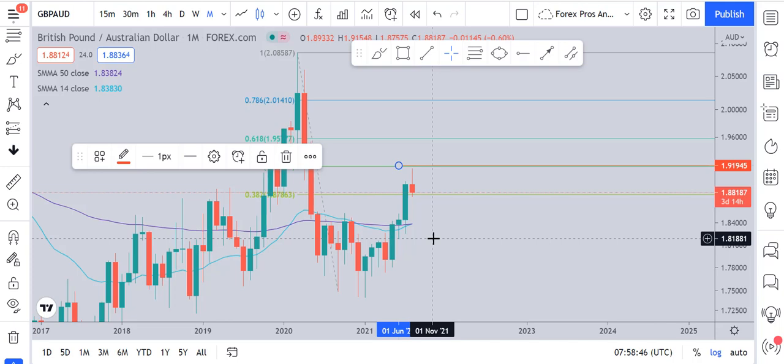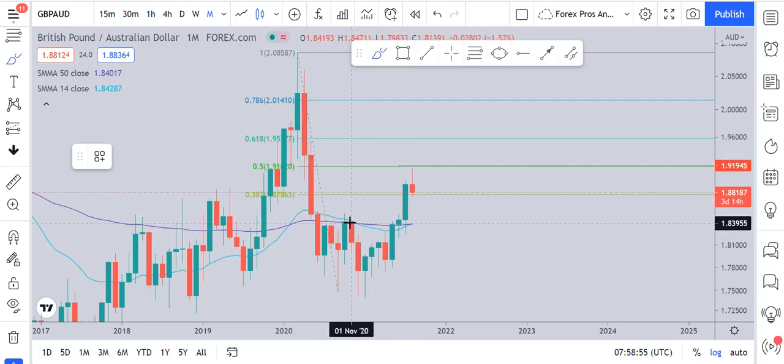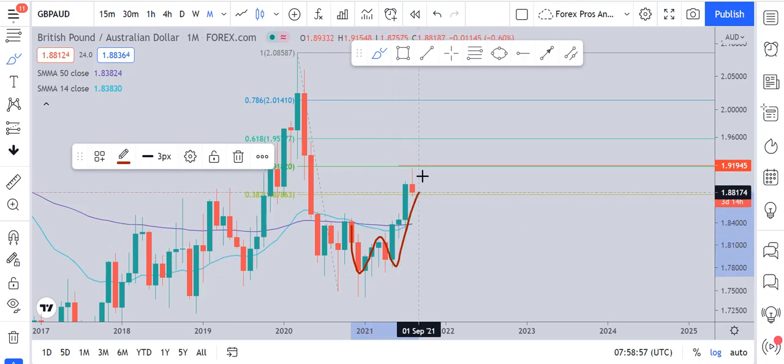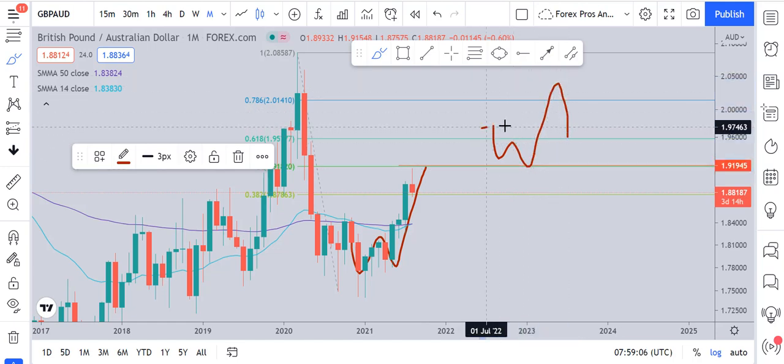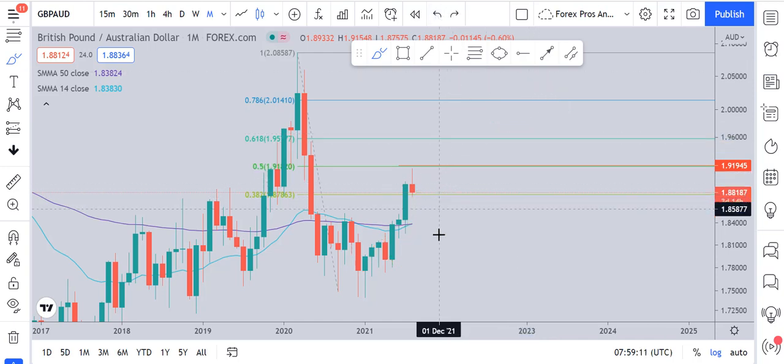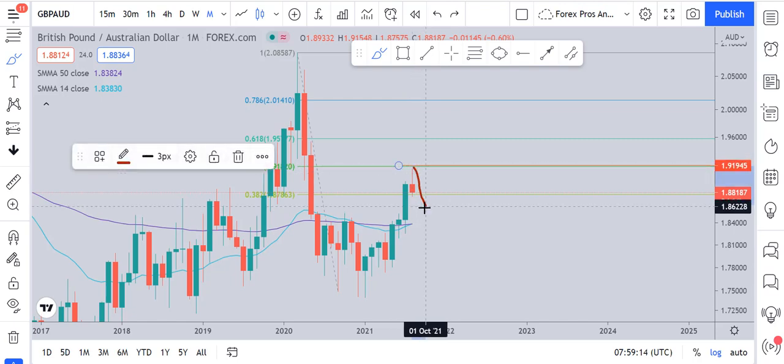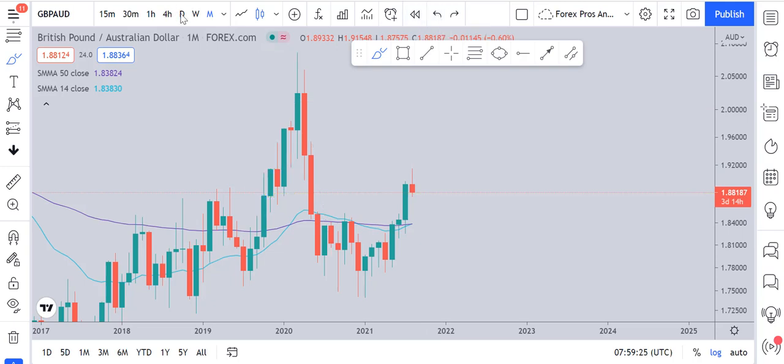So what do we expect? We expect the market to continue its downward movement at least up to the previous support, which was previous resistance and is now the support. Also, the market made this W pattern, and whenever we see a W pattern, we expect the market to retrace at least to this zone. So on the monthly time frame, we can expect the market to be bearish at this moment, moving back down at least up to the 1.839 level.